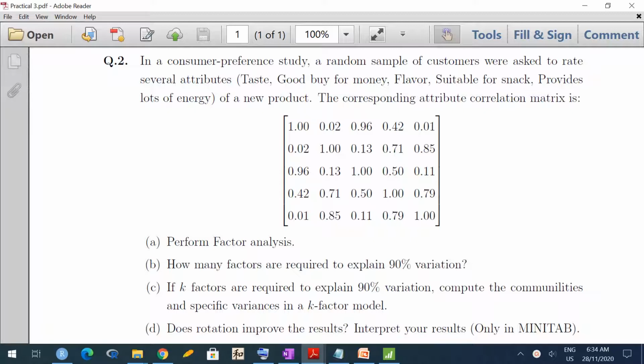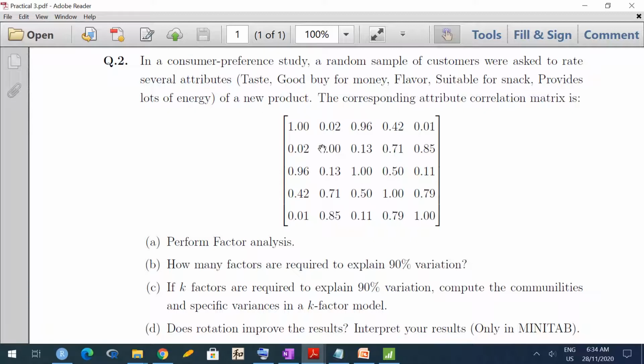That's a general rule of thumb. It's not hard and fast. Definitely, if you have different variables, you should go for the correlation matrix. However, even if you sometimes have variables which are measured in the same units, if you feel that the results are better using the correlation matrix, you can go for the correlation matrix. Same story applies with principal component analysis.